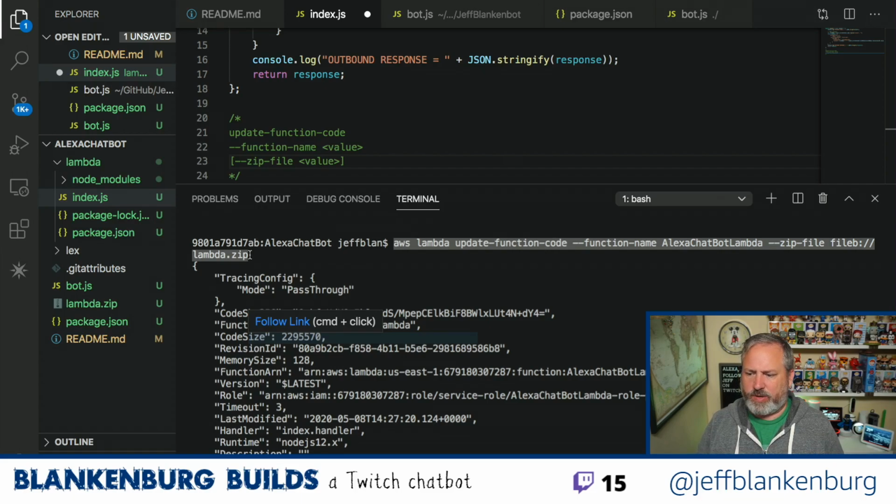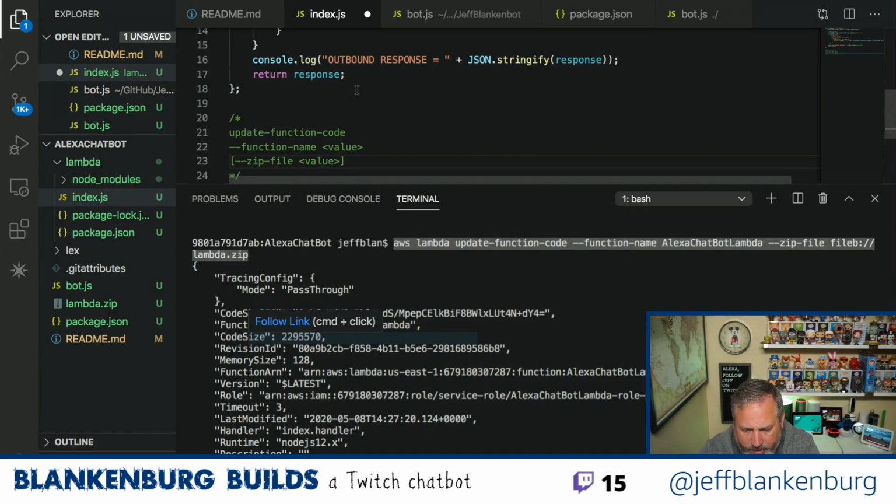So TradeLast says, do I need to set a trigger like you do if it's an ASK Lambda? I don't need to set a trigger. I think the Lex bot does it automatically for me. So we're going to do that next and we'll see exactly what you're asking about.